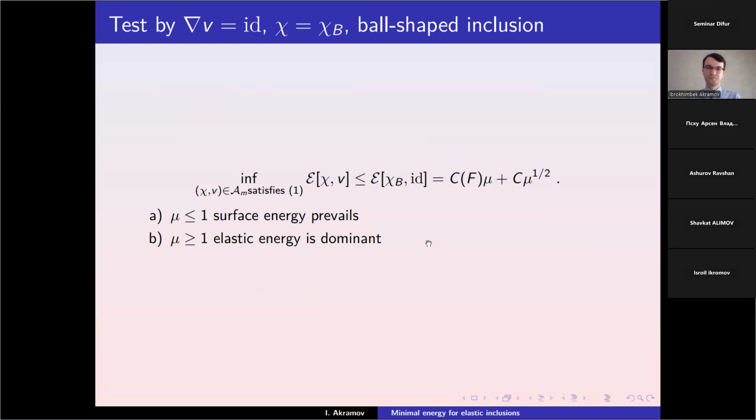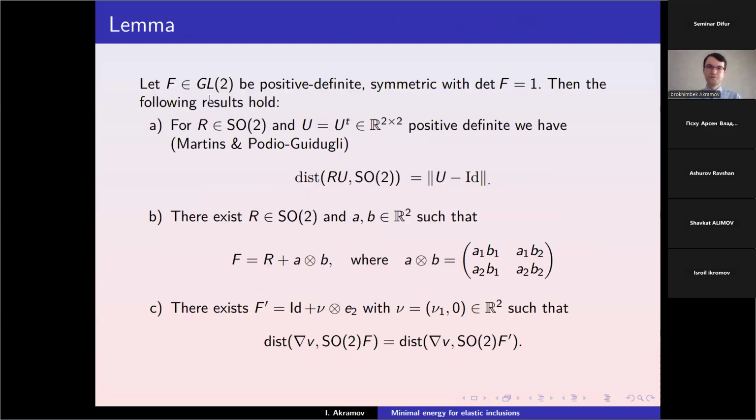Thank you. Please continue. Then, before we prove the upper bound, we want to recall some of the linear algebra facts, which we remind. If F is from GL2, positive definite and symmetric with determinant of F equal to 1, then the following result holds. For R from SO2 and U equal to U transpose, positive definite, then we have distance